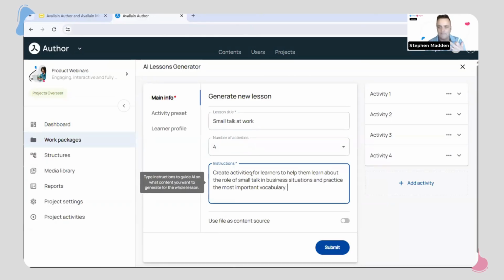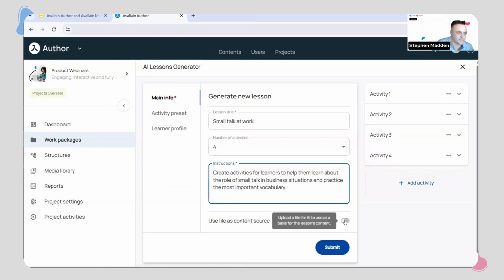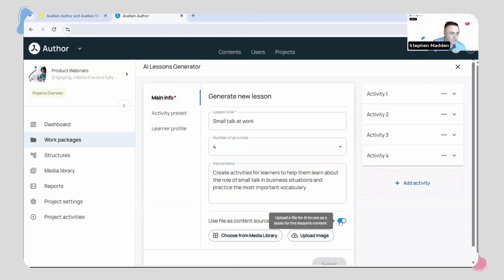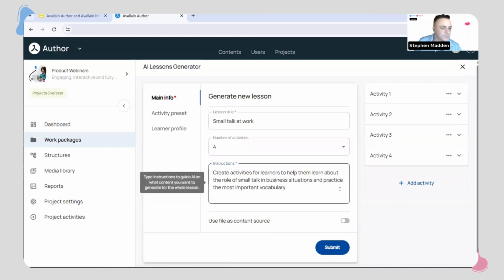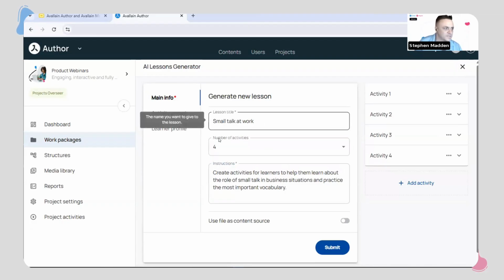I want to do something around the role of small talk, language learning for business, and that's my initial prompt. Now I can decide to use a file to help guide the output here. I can toggle that on or off to give extra context to the prompting, but for now I'm going to leave that blank for the purpose of this